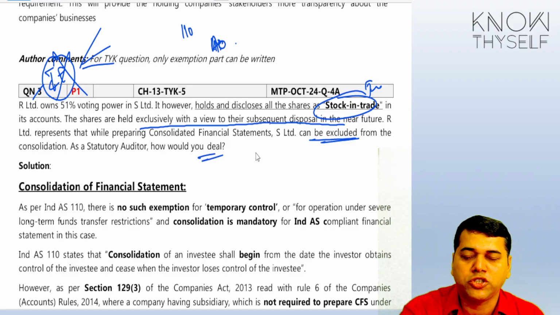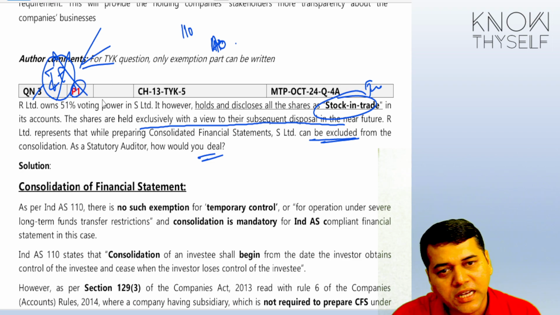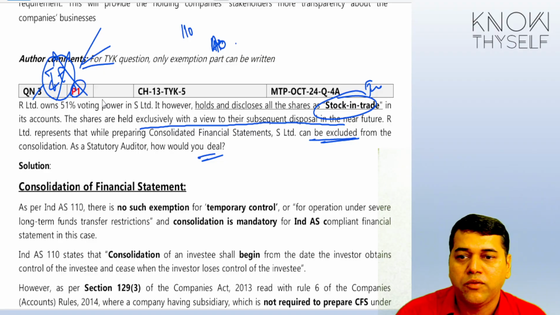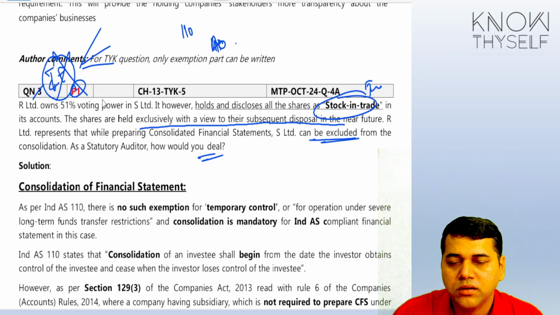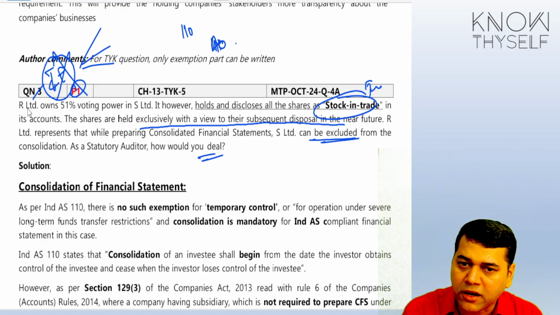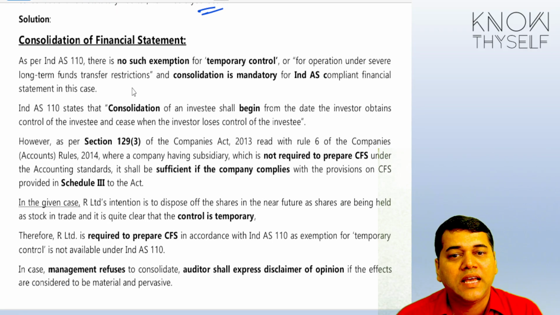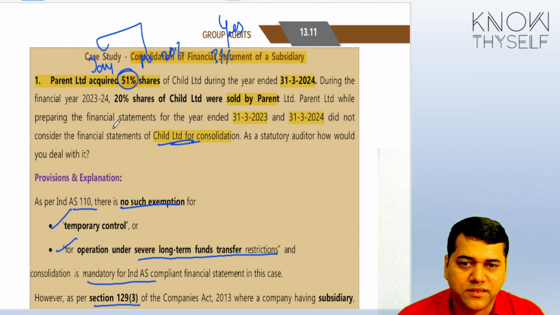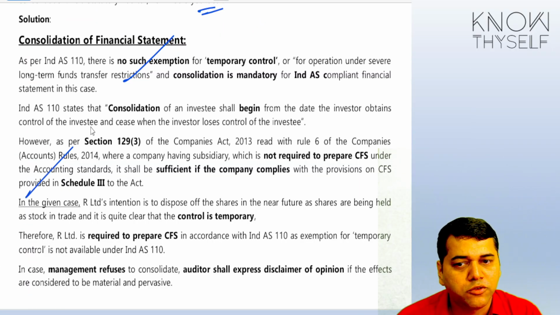Now, see, the question is subject to a lot of interpretation. I have marked it as important because they didn't tell you whether AS is applicable or Ind AS is applicable, whether R is an investment entity or not an investment entity. So you can form the answers accordingly. You can talk about that para, that the exemption is not available. This we can connect to this type of case. So you can talk about this issue. The exemption is not available, so you have to prepare like this.